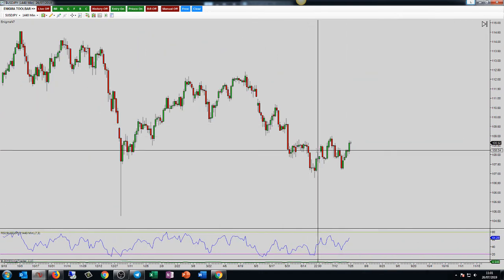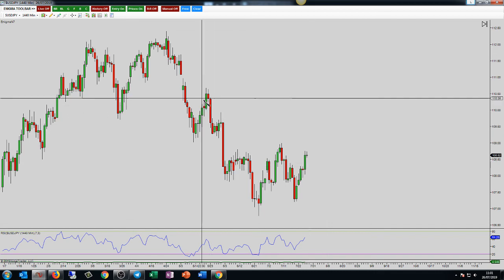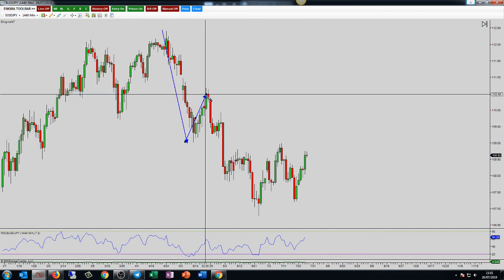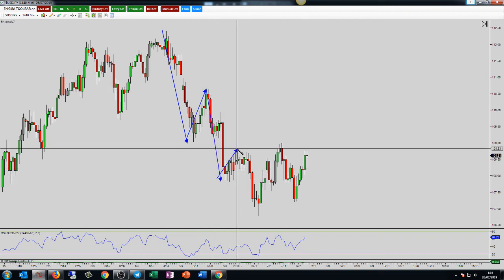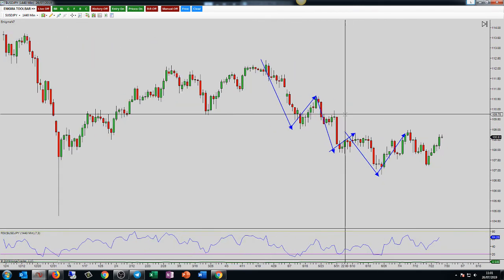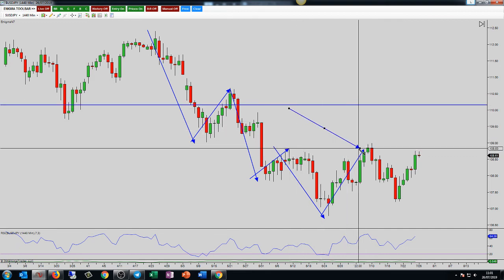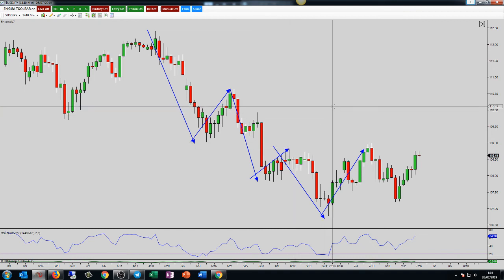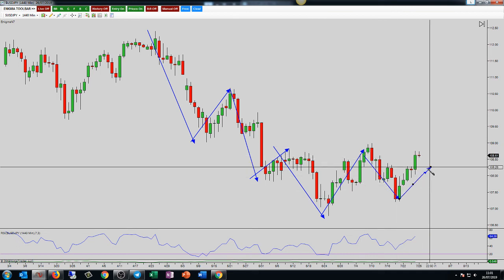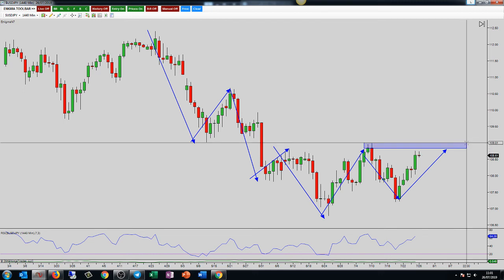Take a look at the daily. And if you do have any questions, now's the time to put them in the chat, because we will be making this the last one. We had a move lower, a pullback, a move lower, a pullback, a move lower. We saw a pullback, and I think we violated. Yep, we had a confirmed break above, close above this level right here. So potential rotation here. Then we saw a pullback, and we're potentially now seeing a move up to the close of the candles just here.